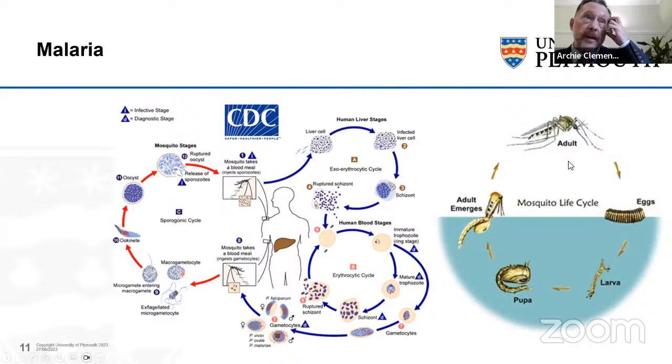So here we can see that the mosquito depends on the existence of aquatic habitats to enable the completion of its life cycle. So the mosquito lays eggs in an aquatic habitat, the eggs hatch into larvae, which then mature into pupa, and then an adult emerges, and then that adult then needs to go on and have a human blood meal in order to survive.